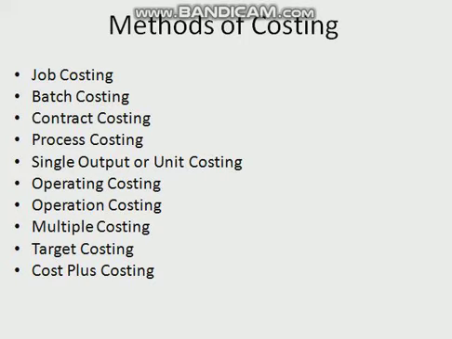The third one is contract costing or terminal costing. It is similar to job costing but its size is big and it takes a longer time than job costing. We can say it is a special form of job costing because the only difference between a job and a contract is that of size. Under this method, the contract becomes the cost unit for which costs are accumulated. It is well said that a contract is a big job and a job is a small contract.